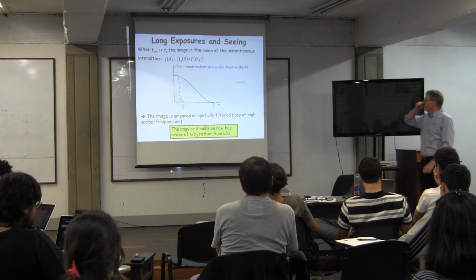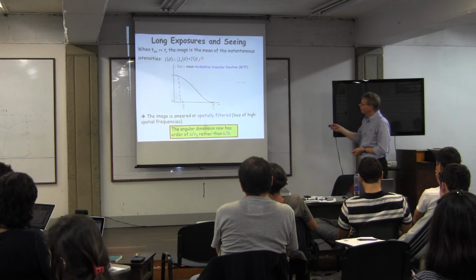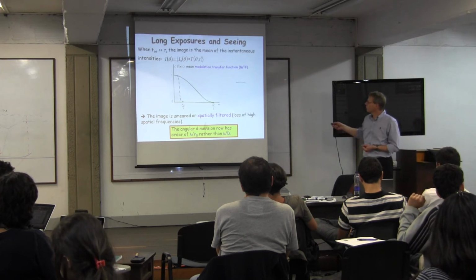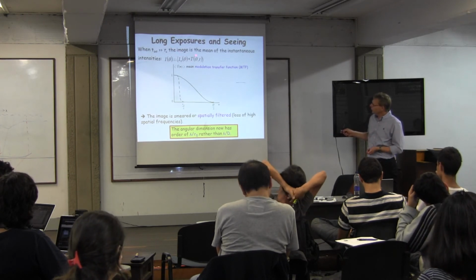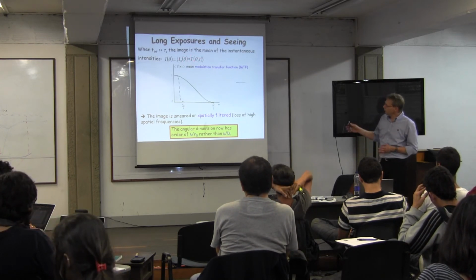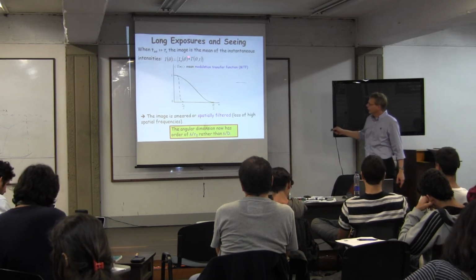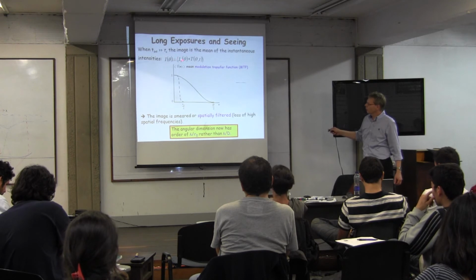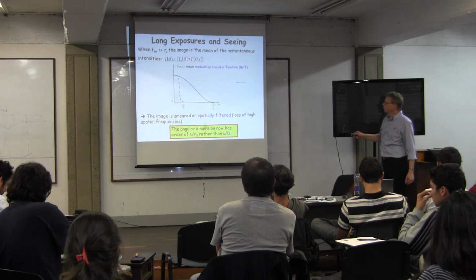So what will happen for the long exposure is that, in terms of mathematics, and this is relevant because we can use it to get better images by image processing, we don't need to understand really what this is, but a simple picture to describe a seeing limit in long exposure is to say, well, we have an intrinsic intensity distribution of the source. So this could be a delta function, and we convolve it with